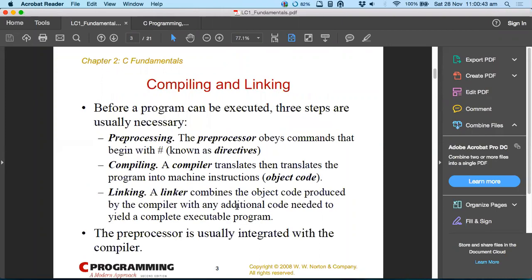See, ultimately, whatever you have written in your code has to be compiled, right? So how will it compile? First, it will go to your starting point, your master list, that is main, and then it will see what things are inside the main. If there is some function which is outside the scope of your code, that is, you have used some header file, then it will pick up the source code for the header file, compile it, come back, and then link it. Let's not go into in what order it happens, but just imagine whatever you have written has to be compiled, and in some order they all have to be linked to a single executable.